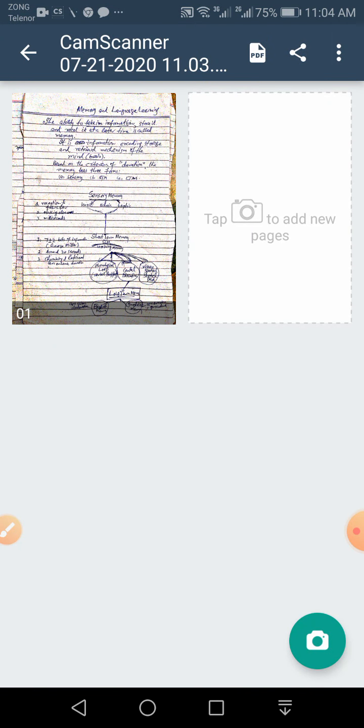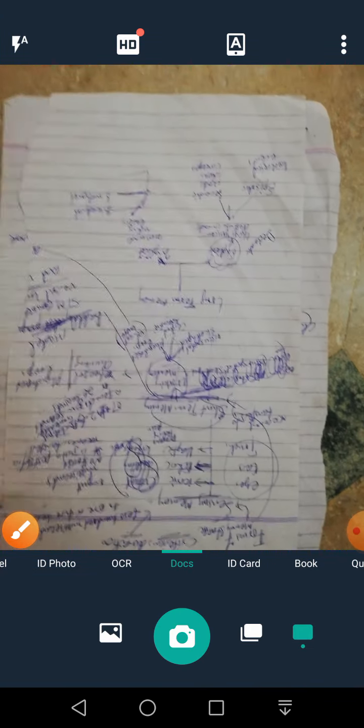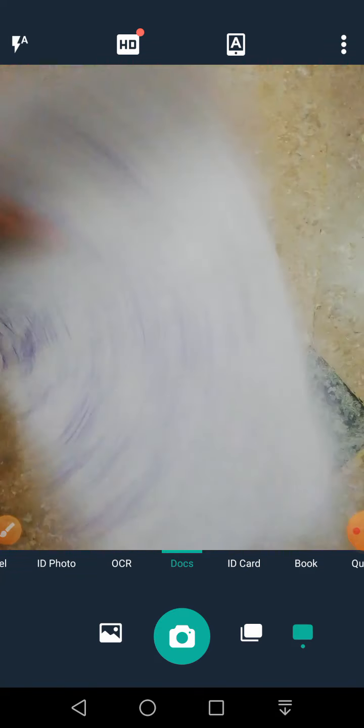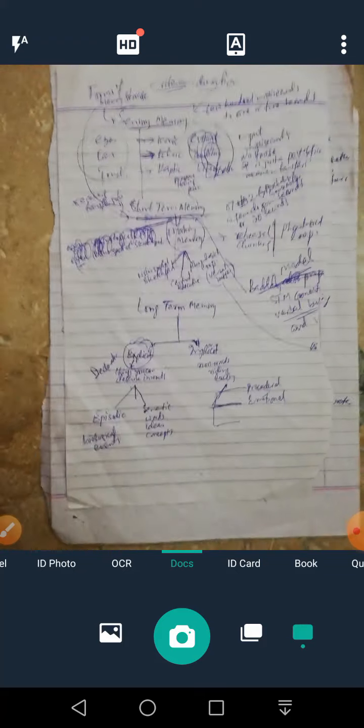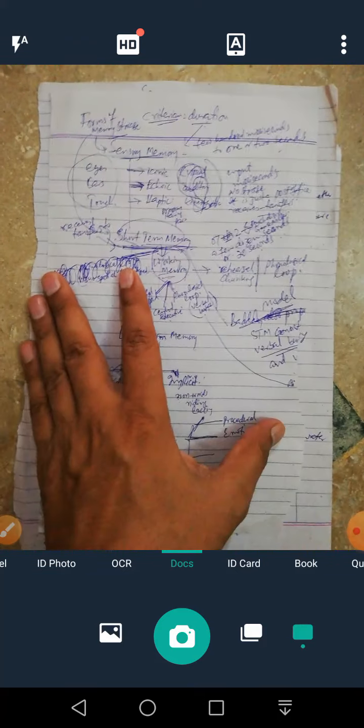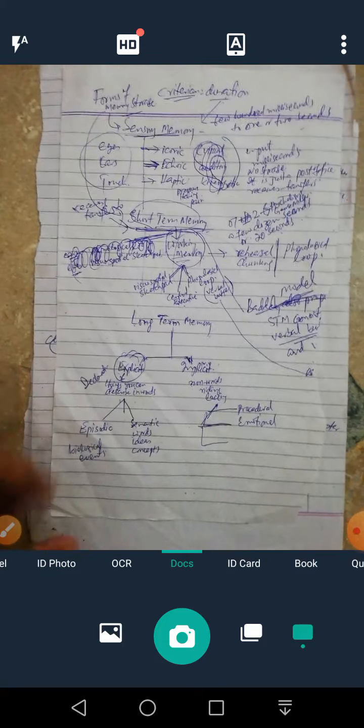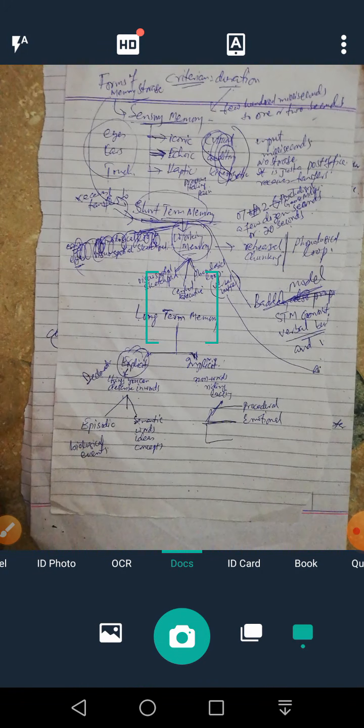After this, you can take a second picture. I'm going to click again on the button here. Click here, and you can put it aside, and you can take another picture. Let me show you. Click on the camera button, and another picture has been taken.